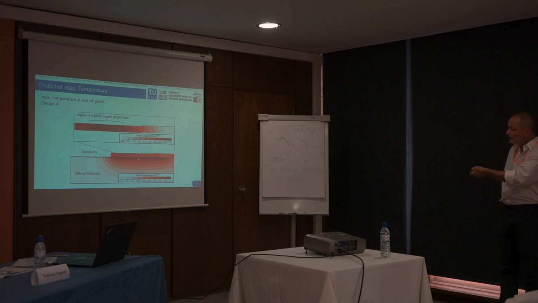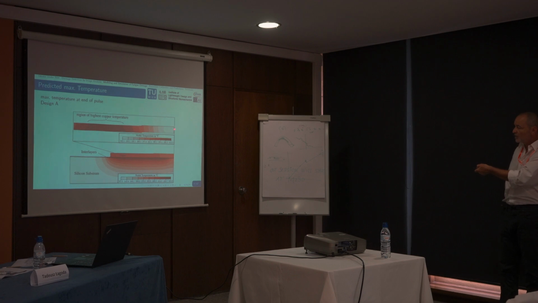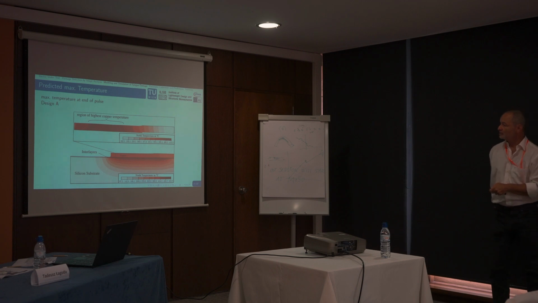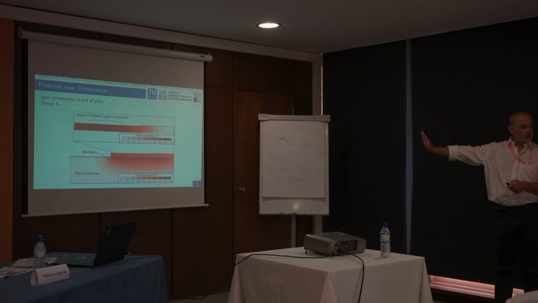And if we zoom into the copper layer, it looks like this. We have the highest temperature in this region and lower temperature towards the symmetry. That's design A, which is the more complicated. And this is taken in the event where the maximum temperature occurs in this device. So that's the input to